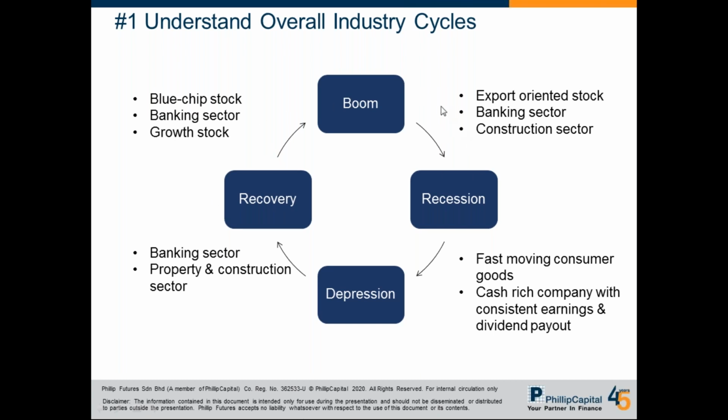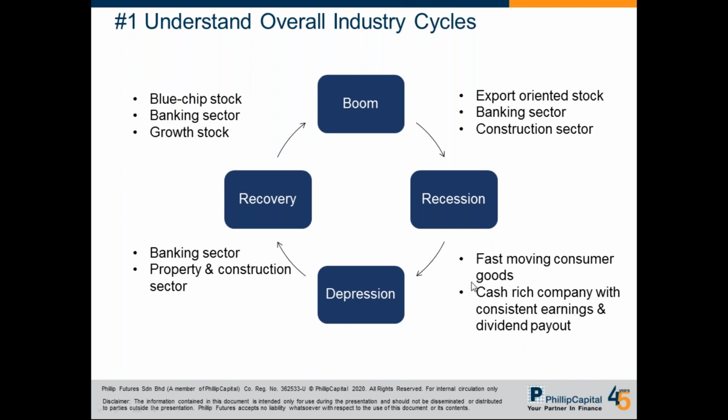So now, after we have gone through the full economic cycle, we need to really identify which cycle we are in. A lot of people are saying that we are now on a V-shaped rebound. So are we actually in the road from depression to recovery, or are we actually still in the road from recession to depression? This is something that we need to find out. So from here, how do we find out? There's a method that we can find out which industry.